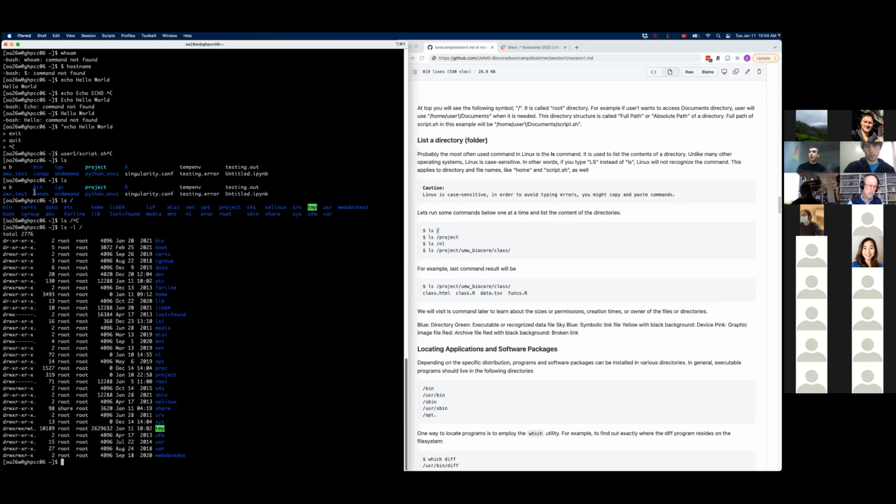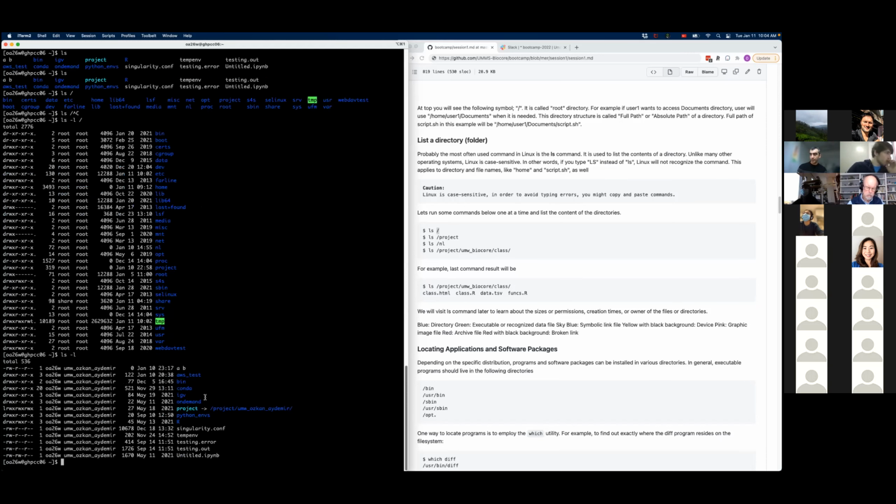Exactly. So for example, if you look at when I did ls on my home directory, there's this lighter blue or aqua color, and then these gray ones, right? So I do it here with the long form.